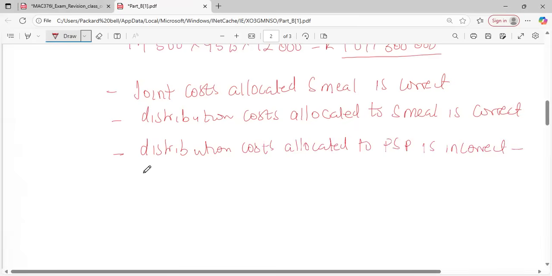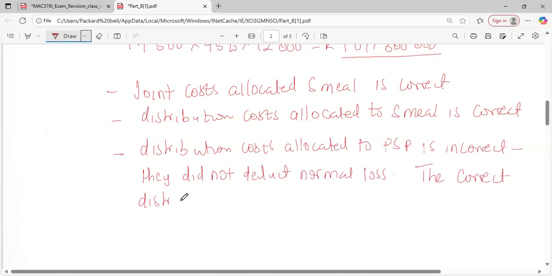They did not deduct normal loss from... right. So wherever there is a wrong answer, you should give the correct. The correct distribution cost is then you do your calculation, which is